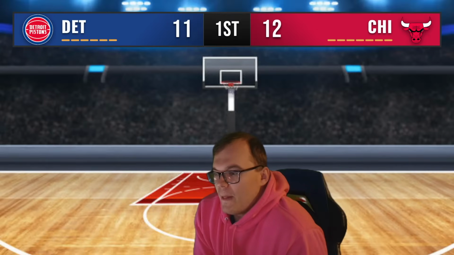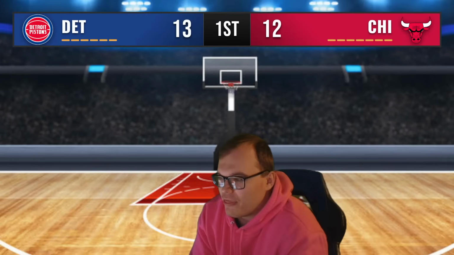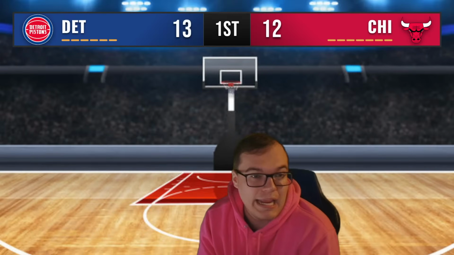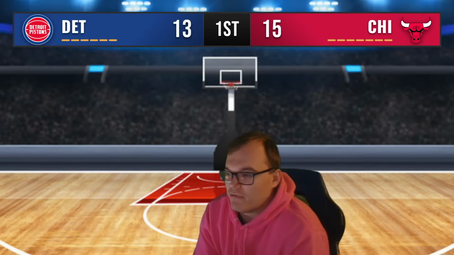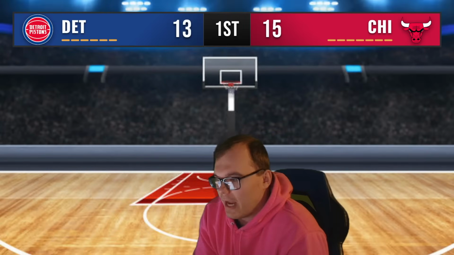It's going to be thrown back out of bounds by the Bulls. Tobias recovers it and puts it up underneath for the basket. 13-12 basketball game. Giddey, behind the back pass here, gets it back from his teammate from the corner for 3. He hits it. Josh Giddey on fire from the three-point line in this game so far. 15-13 basketball game. 7:44 left to play in the first quarter.